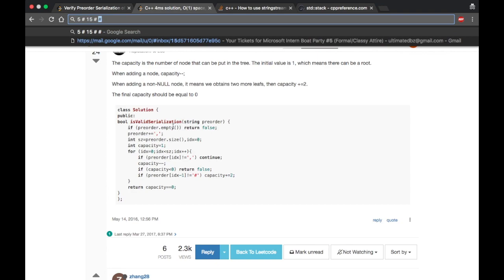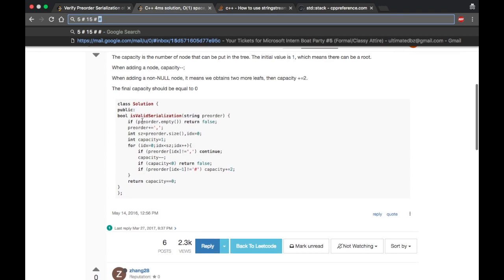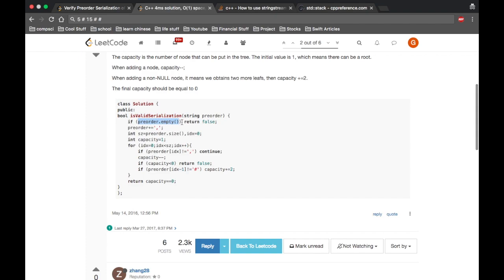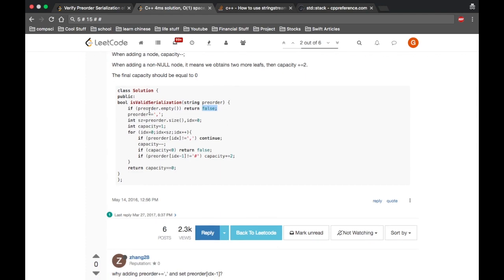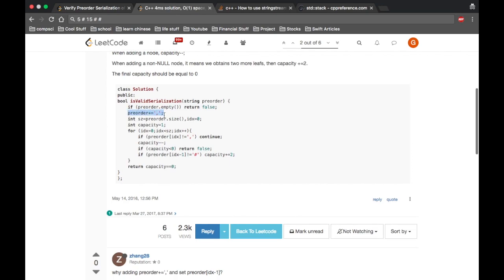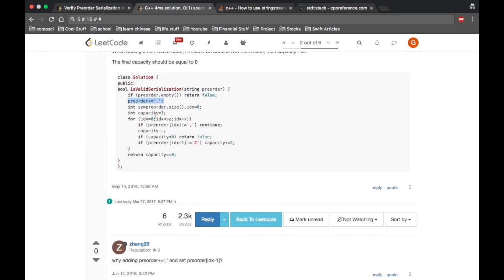So I guess we'll walk through the solution. First you check if it's empty. If it's empty, you just return false, because I guess that's not valid. Then this line is to guard against the off by 1 error. Then they just loop through the